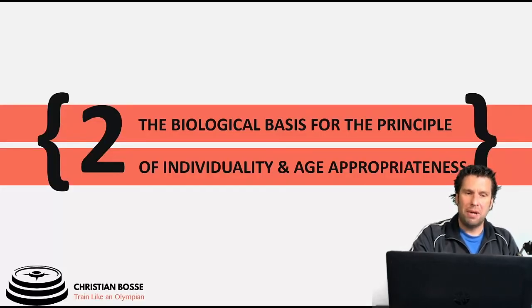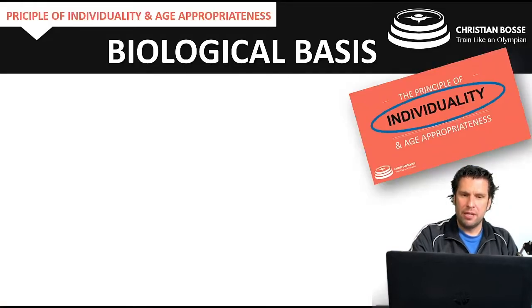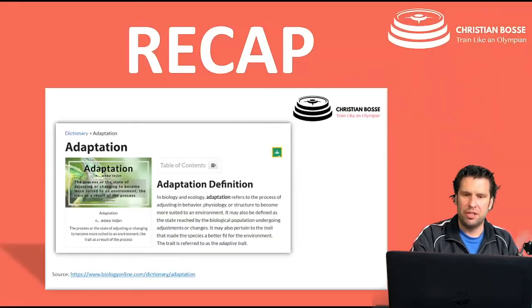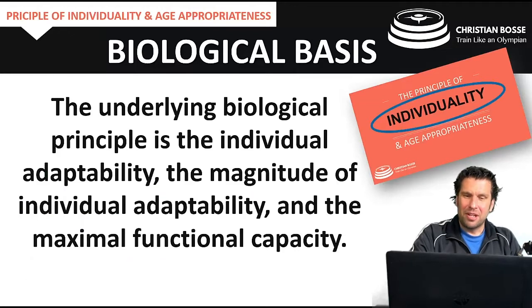What's the biological basis for this principle? So let's look at individuality first. The underlying biological principle is the individual adaptability. We talked about adaptation as the biological principle and adaptation as the main rule of training, according to Kramer and Satsiowski and myself. So the underlying biological principle behind this principle of individuality and age appropriateness is the individual adaptability,